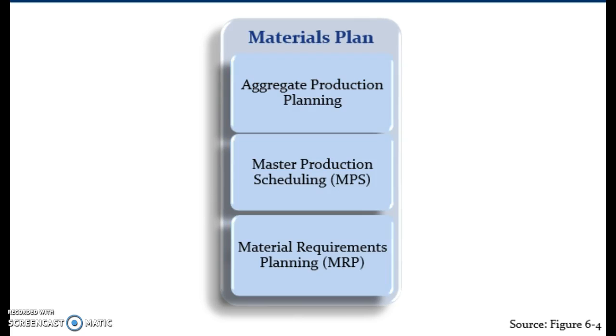The Aggregate Production Plan, or APP, is a long-range material plan that translates annual business plans, marketing plans, and forecasts into a production plan for all products produced by a facility. The Master Production Schedule, or MPS, is a medium-range plan that is more detailed than the APP. The MPS breaks down the APP, listing the exact end items to be produced within a specific period. The Materials Requirements Plan, or MRP, is a short-range materials plan that converts information regarding end items in the MPS into a set of time-phased component and part requirements.